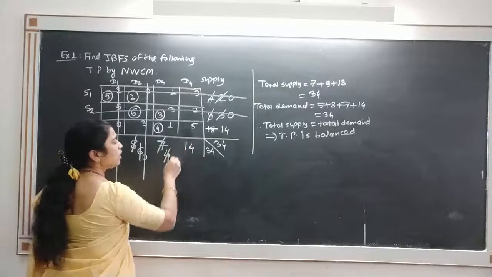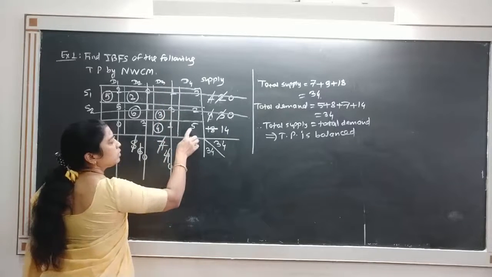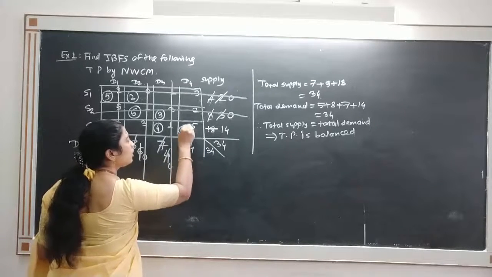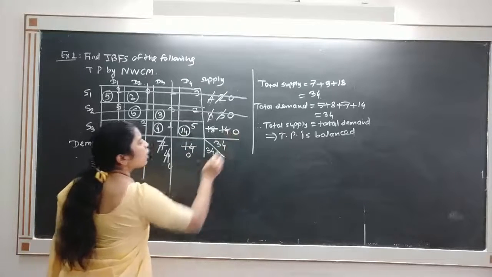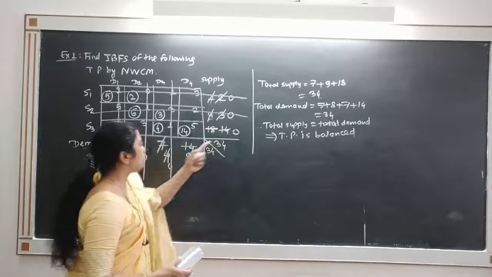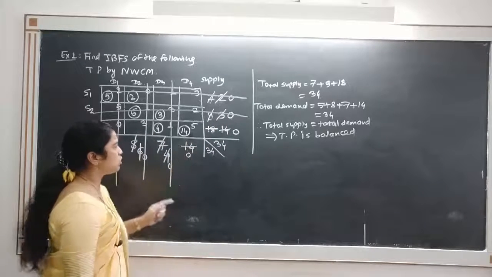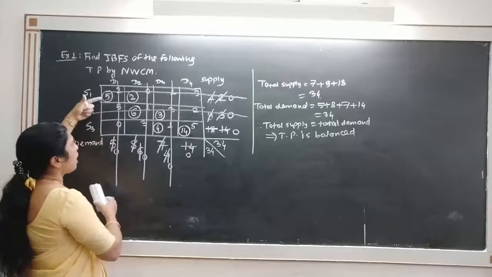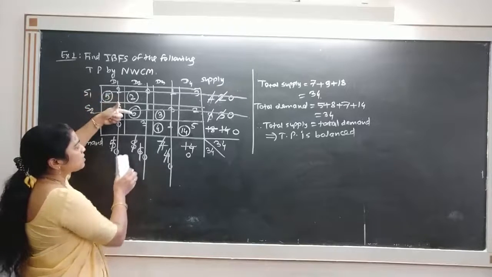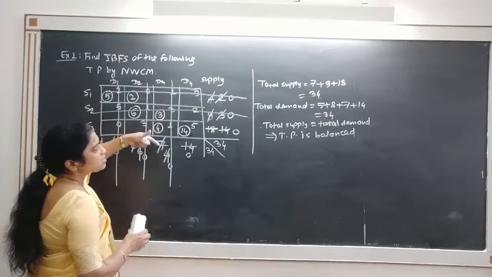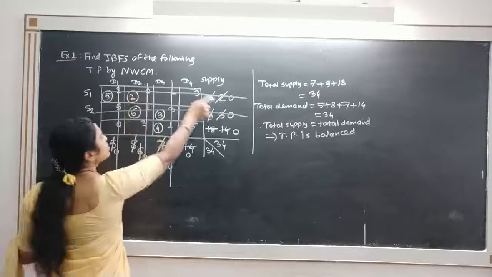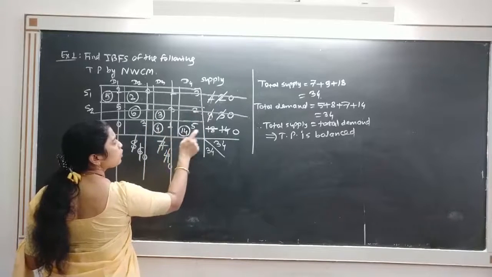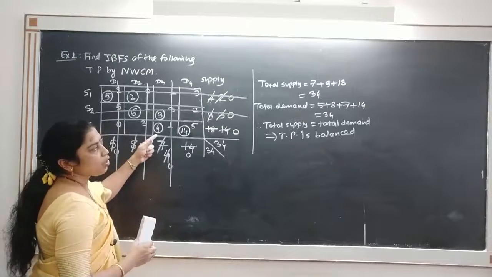And now there is only one cell remaining which has both supply and demand equal. So allocate here 14 to get both equal to 0. Now observe that every supply becomes 0, every demand becomes 0, and if you do the addition of these allocations, that should be satisfied. Allocation is 5, demand is 5. 2 plus 6, 8. 4 plus 3, 7 and 14. If you go row wise, 5 plus 2 supply 7, 6 plus 3 supply 9 and 4 plus 14 supplies 18. Means that our allocations are correct.